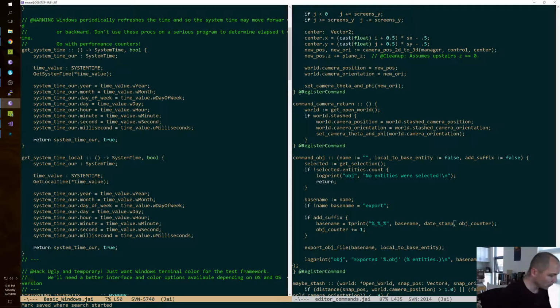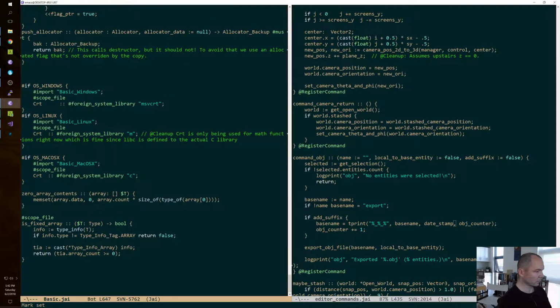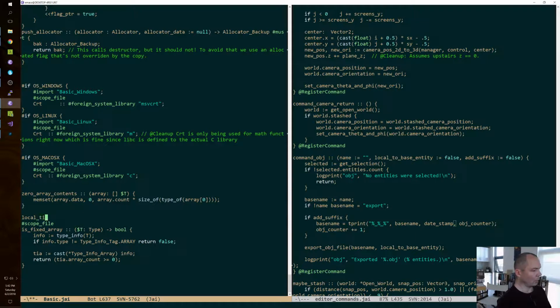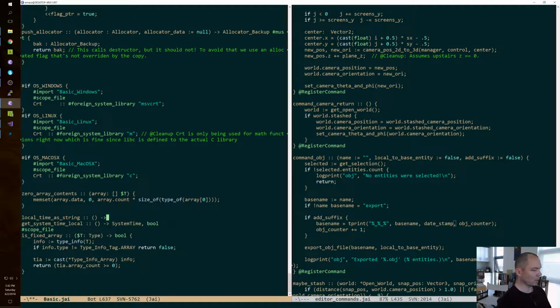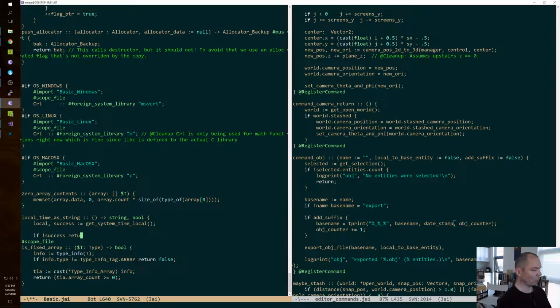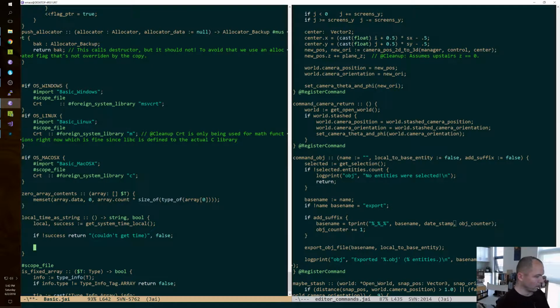Okay. Local time as string to string bool. Local is get system time local. If no success, return couldn't get time false. Okay, otherwise,